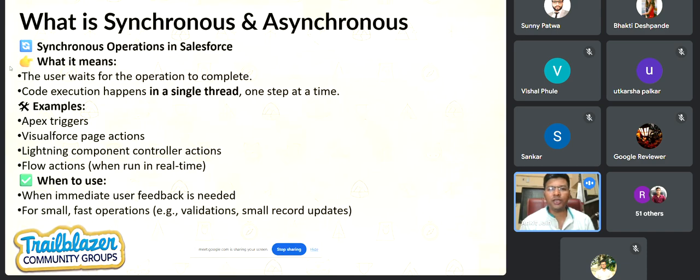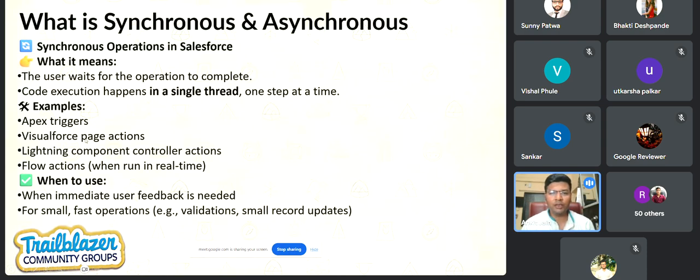By default, it is synchronous only. Unless you explicitly want to make it asynchronous, it's synchronous only. And even in flows, I mentioned "when run in real time" for a reason, because many people don't know that in record triggered flows as well, you can make it asynchronous in the after flow, in the run asynchronously actions related records. You have the option to make a flow run asynchronously. It means after committing, it would work like a future method and execute the functionality after that. So asynchronous operations can be done by flows as well.